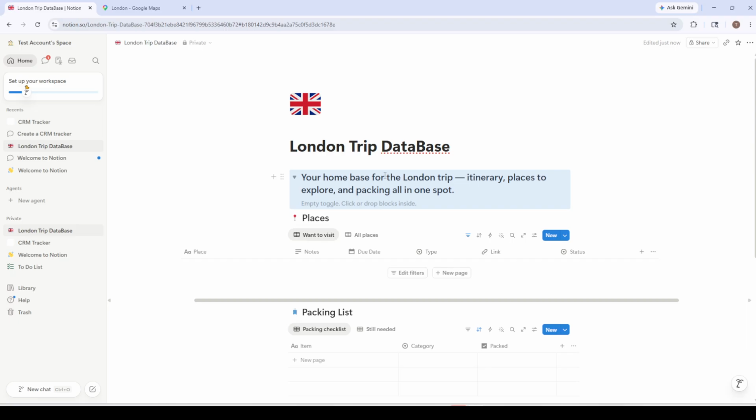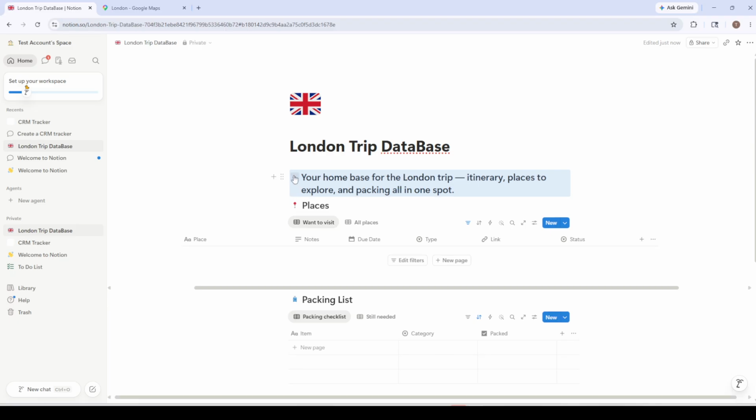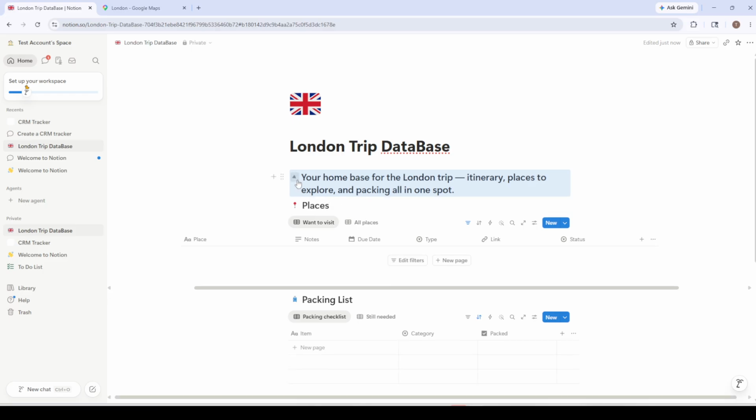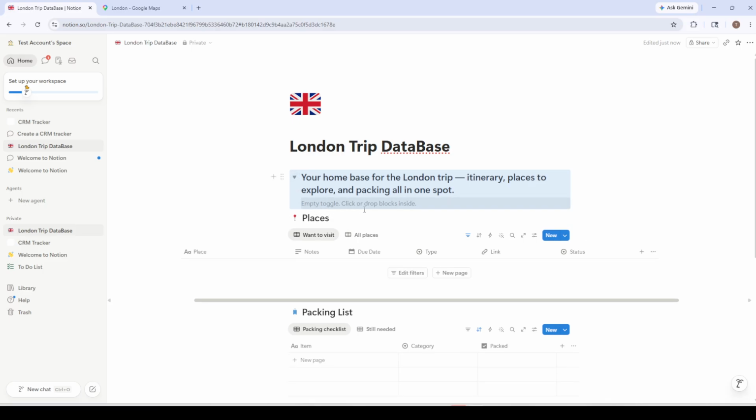You'll know it worked when you see a small arrow next to the heading text. Click that arrow to collapse or expand the section. When it's collapsed, your page stays tidy and scannable. When it's expanded, you can see all the content associated with that section. This is especially handy for long notes, project briefs, meeting minutes, or documentation where you want to keep context close